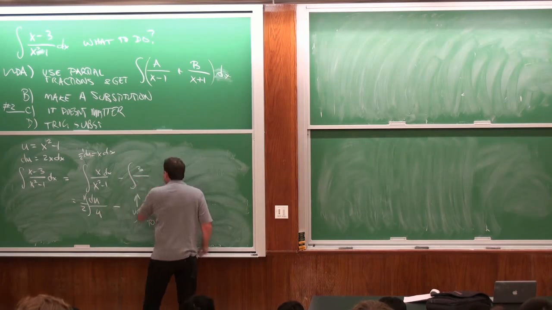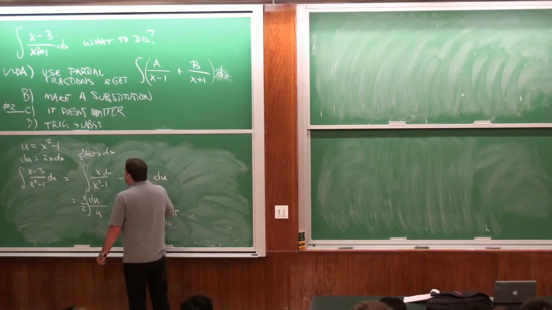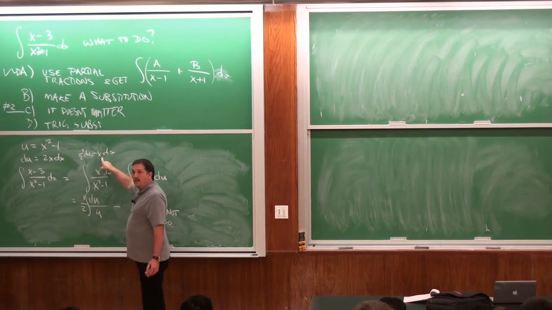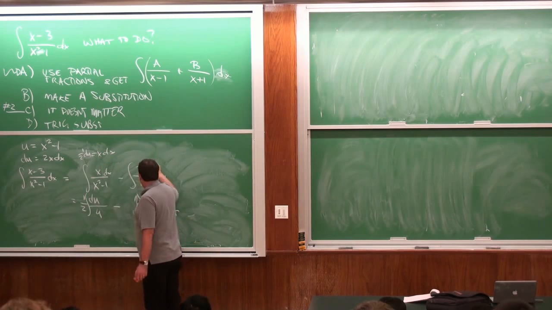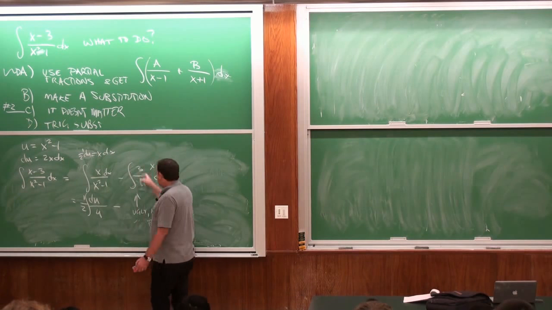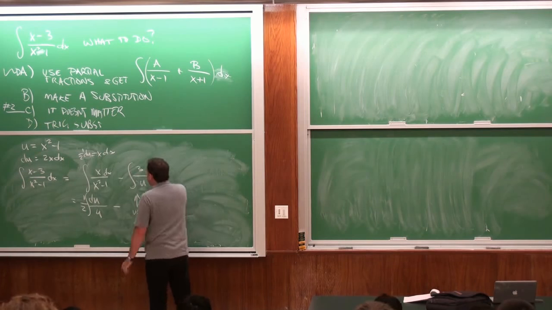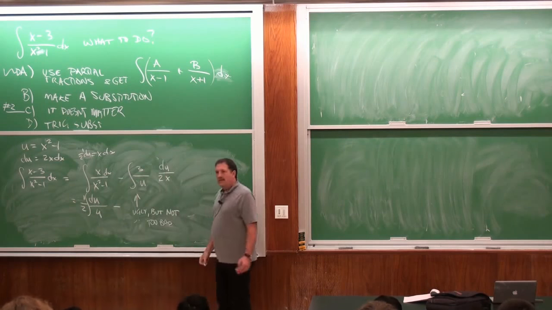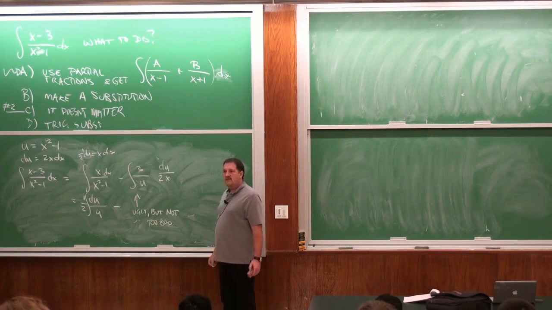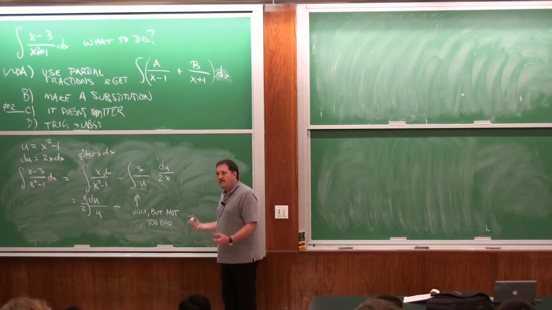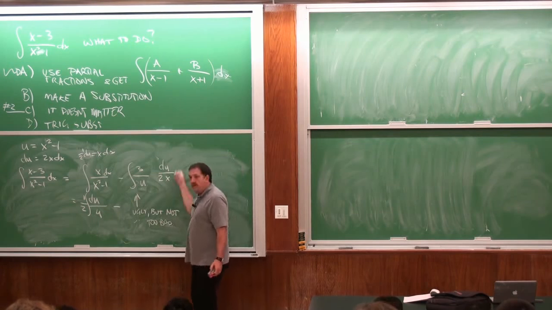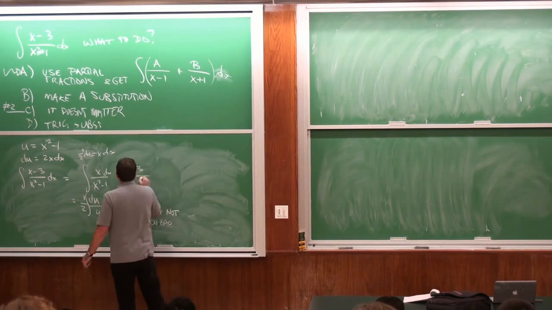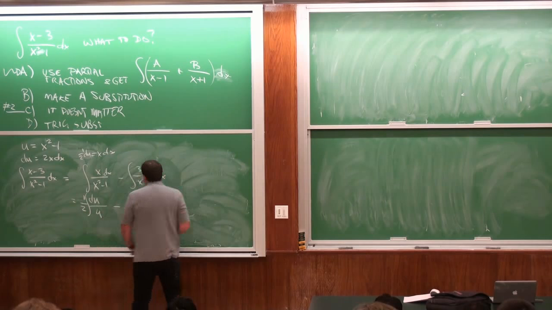So if I do 3 over u, then I have left over, I need an x. So I need some x here. To change du into dx, this would be 3 over du over 2x. But that's not so good. Yeah. So I can't just plug in the u, because I have to deal with the dx. So this I would just leave. And now I'm kind of stuck.